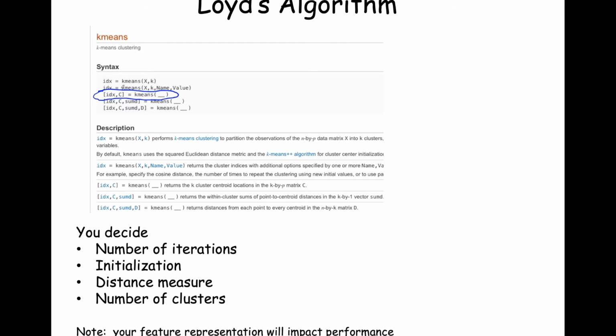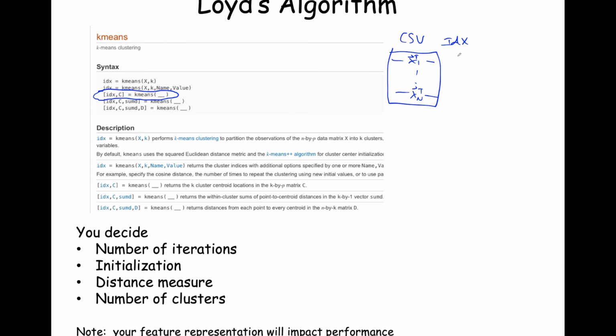The first return value, IDX, is going to be the indices associated with the data points that you give it, and the indices are going to be marked as which cluster you belong to. So suppose you have a data set with your x1 vector up to your xn vector, and this is going to be in CSV format. Now when you perform the clustering, IDX,